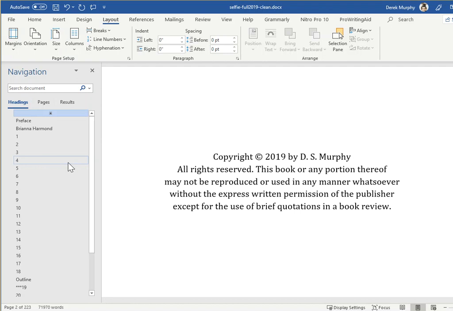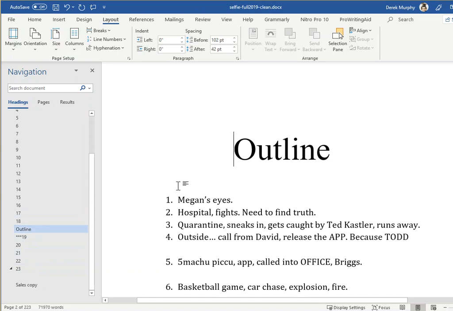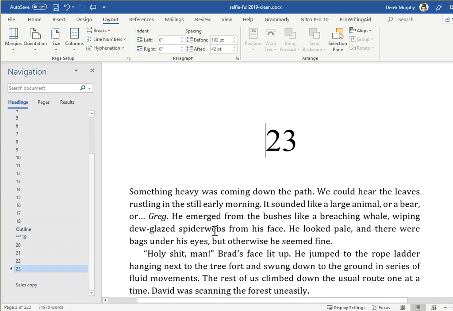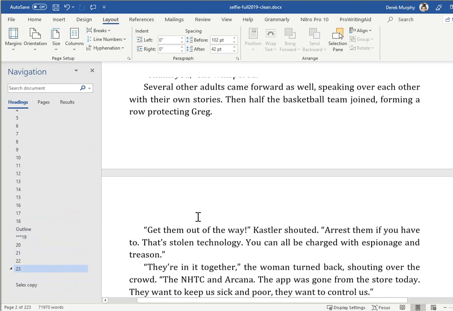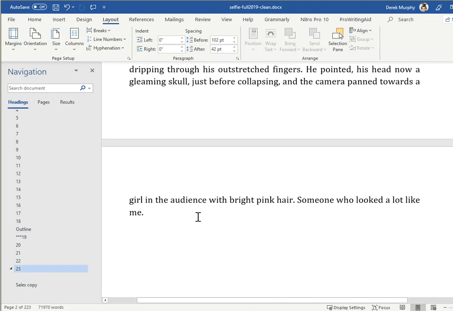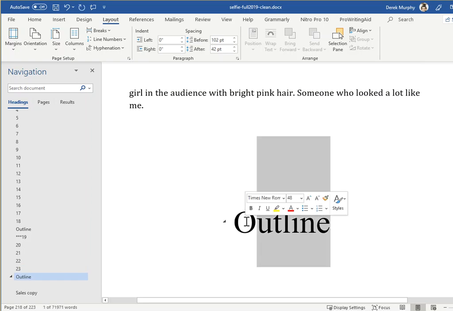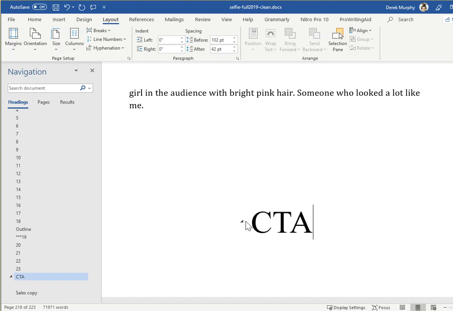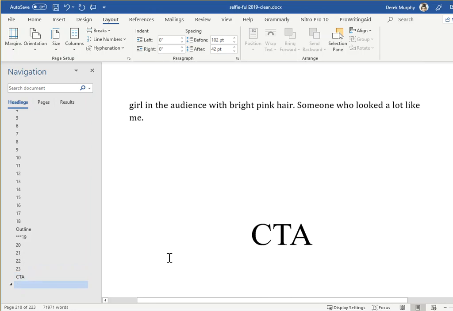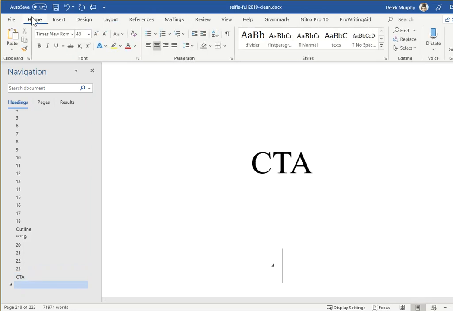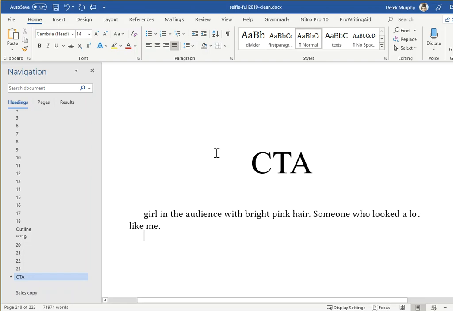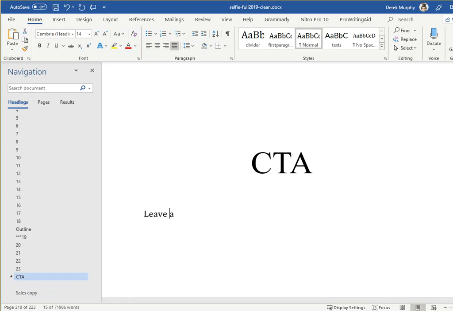The other thing that's really important, especially for an ebook, would be some kind of call to action at the end. So I'm actually just going to copy this. I'll go down to the end of the book, and a call to action would be something down here, and I'm just going to call it a CTA, call to action, which means I want the readers to do something. So it could be, please go leave a review, which is generally a nice thing to ask. Let me go here to normal text. Leave a review, sign up to my mailing list,